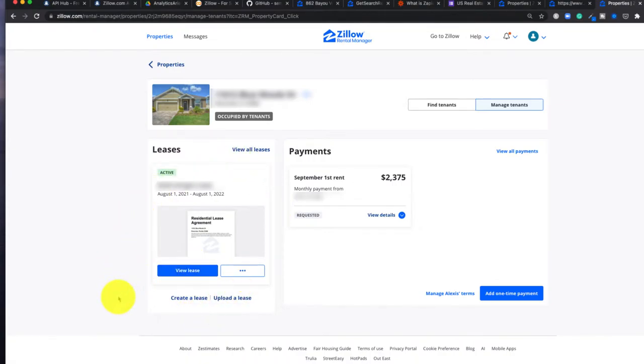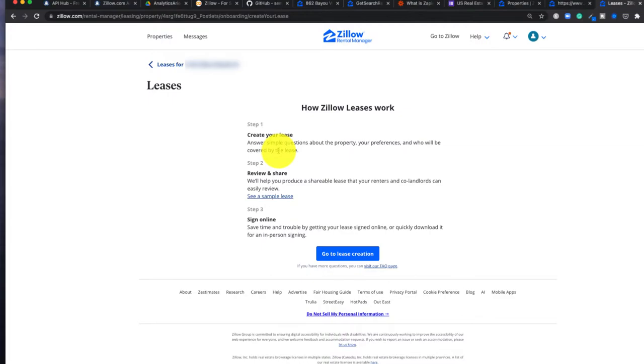You can see how long it lasts for, or you can go and create a lease or upload a custom one. I used to upload a custom one that was from Bigger Pockets based on one of the resources that they have. However, again, Zillow has made this so easy. This wasn't available last year. It is available now, where you can create a lease, and it's only 3 easy steps. So they're going to ask you very simple questions about the property. You review the lease at the end, and then you have the availability to sign online, both you and the